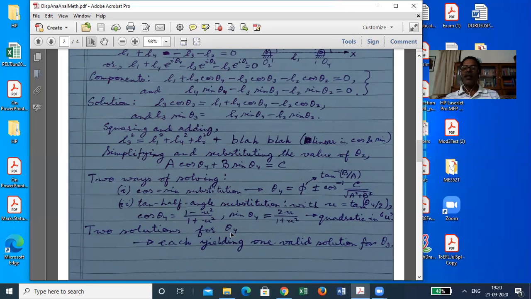Whichever you first determine out of theta 3 and theta 4, by policy from this stage onwards, we have eliminated theta 3, got theta 4 first. So both solutions for theta 4 are right. If we had eliminated theta 4 and got theta 3, then both solutions of theta 3 would be right. So whichever you first find through the elimination of the other, both values of that would be fine.